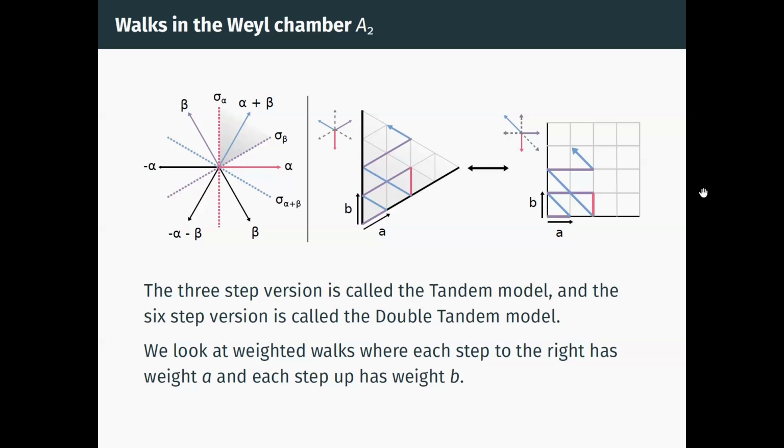And then we can ask which step sets are symmetric with respect to these reflections. It turns out that there are two non-trivial step sets that are symmetric with respect to those reflections, which are the three arrows that we talked about originally, and then also adding those dotted lines too. So there are really two models that we might consider as reflectable within this Weyl chamber. The Weyl chamber is the cone that's drawn in the middle. Those are called the tandem model and the double tandem, which has all 6 steps.